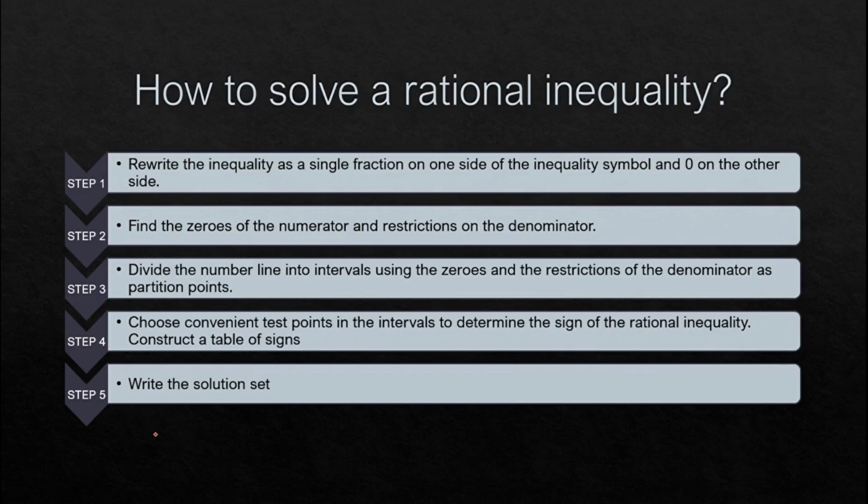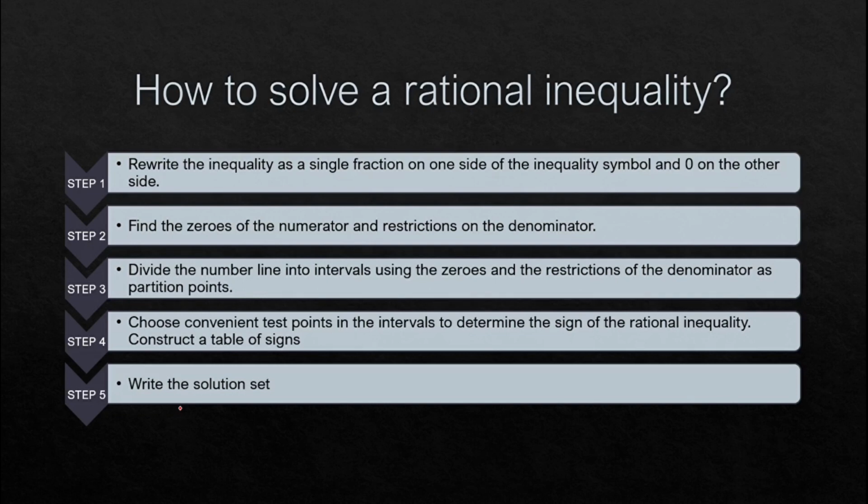How to solve a rational inequality? Step 1. Rewrite the inequality as a single fraction on one side of the inequality symbol and 0 on the other side. Step 2. Find the zeros of the numerator and restrictions on the denominator. Step 3. Divide the number line into intervals using the zeros and the restrictions of the denominator as partition